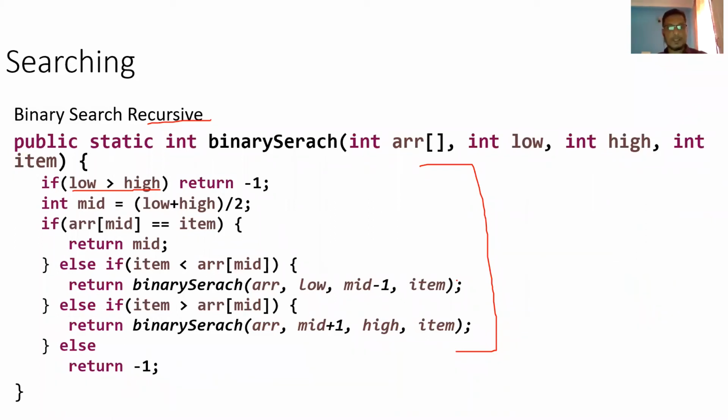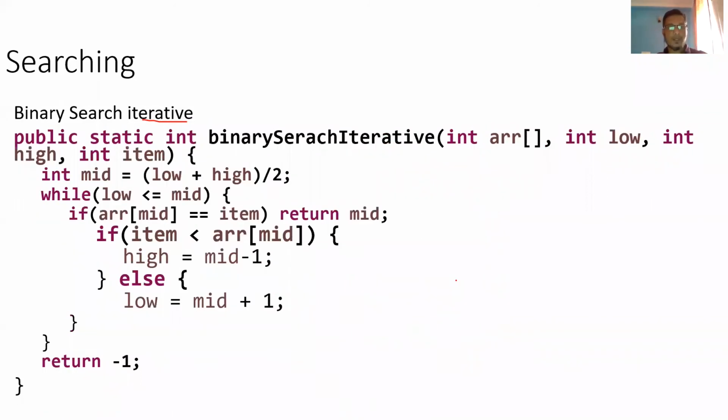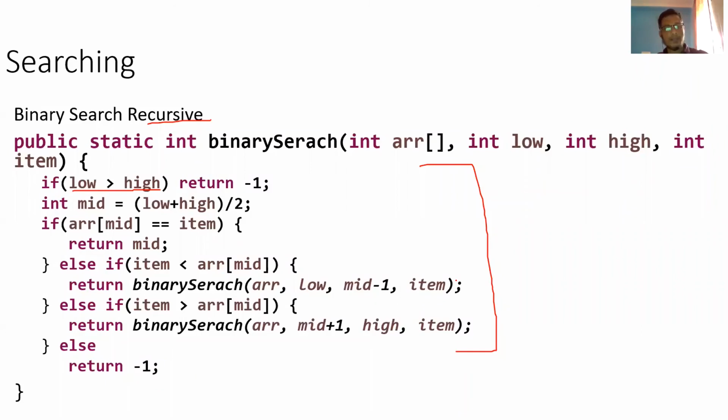What I'm doing here is, instead of a while loop, I'm just calling the same thing. And in the while loop, you are just changing the pointers over here. But here I'm just passing the low and mid. Same pointers I'm changing. I'm calling again the same algorithm. So basically it is same. Don't worry that something is going wrong here or which is better. I'm not discussing order. Both are equal.